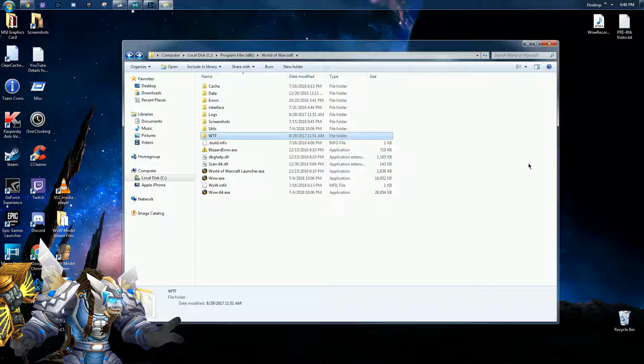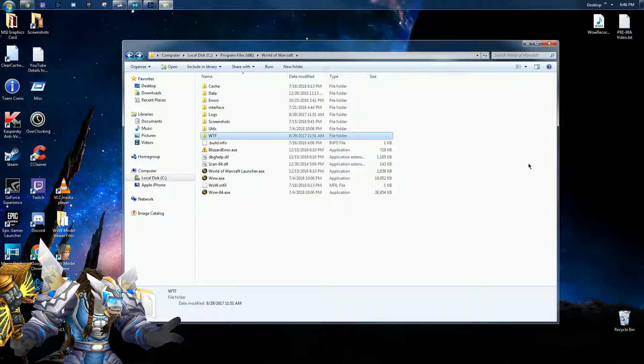Like I said earlier in the video, Blizzard will say, if you have any issues in the game, have you deleted your cache or your WTF folder? That's Blizzard's way of basically saying, hey, if the game's corrupt, it's probably on your end. Delete these folders, because they will recreate themselves, but it'll make you start from scratch with your UI. I only highly recommend doing this just because of what Blizzard tells you to do,